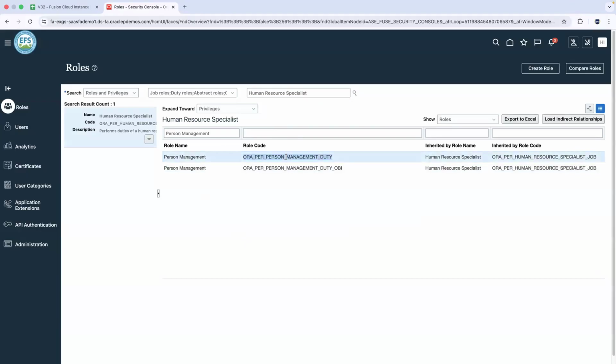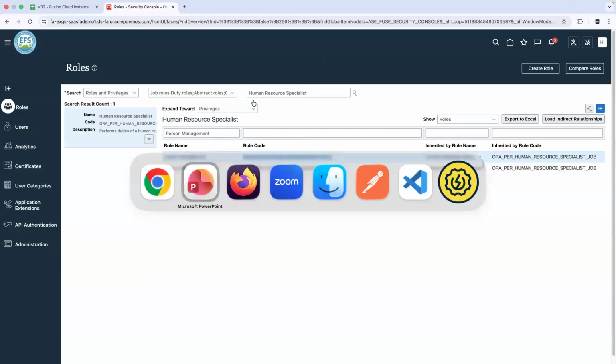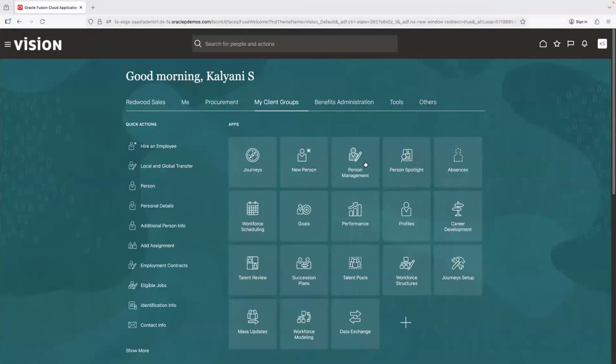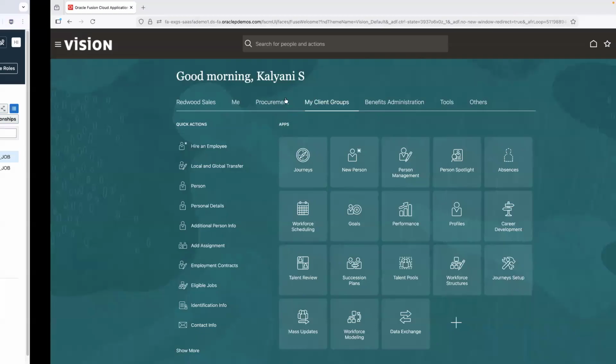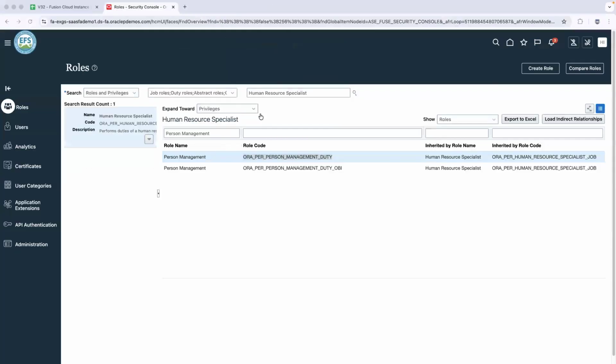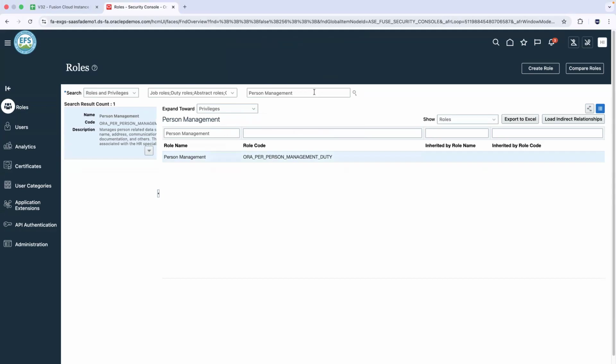Now, after that, to perform that particular duty, whether it is to manage a person or to hire an employee, they should be able to see these screens in the application, right? They should be able to see the person management or a new person screen in the application. And that is where the duty role comes in. I looked at a job role, and I can see all the duty roles assigned to them. And when I look at a duty role,